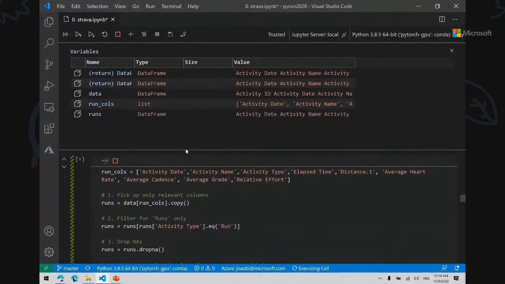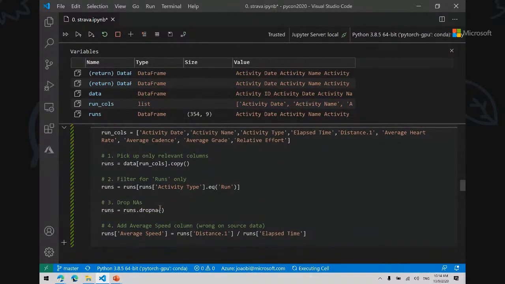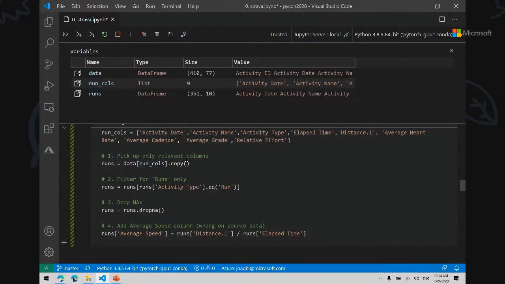As you can see, let me just give you a little bit more room. I'm dropping NAs now. And I'm going to calculate the average speed. What you also notice here is that while I was running, you had the variables explorer up here showing all the data that was being debugged in a way, which is really powerful and allows us to really go in and check in on the data that we're seeing.